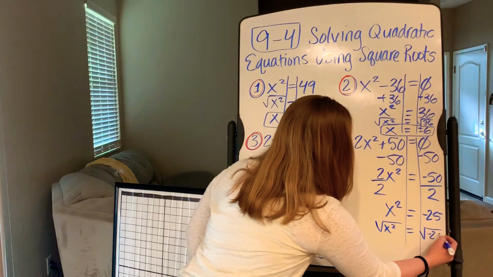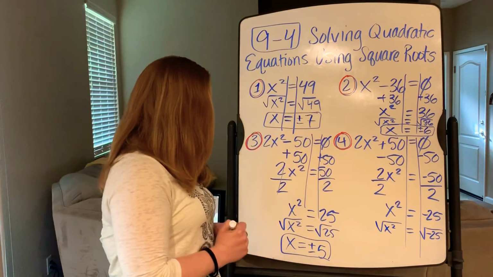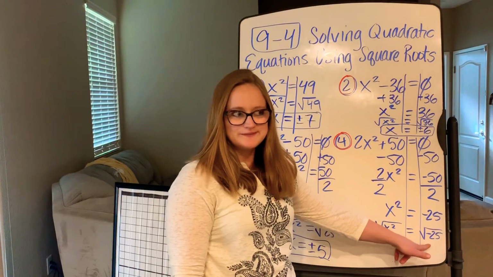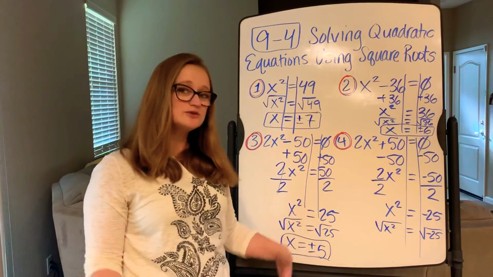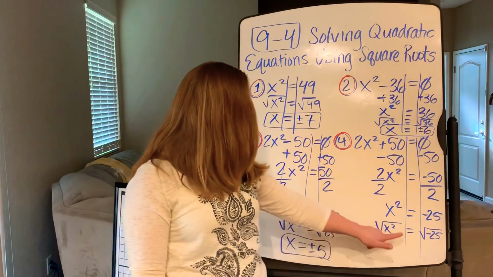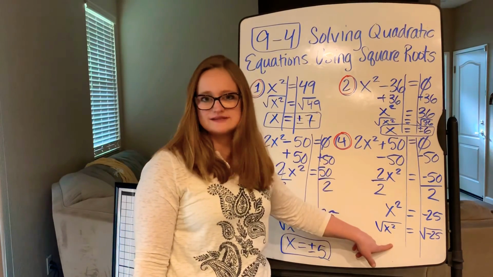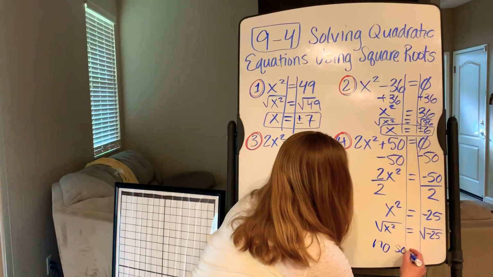But if you guys remember from one of my last videos, what happens when we take the square root of a negative number? Well, it becomes imaginary. So what does that mean in terms of a solution for a quadratic? It means no solution, meaning that graph for this equation does not cross the x-axis. So this would be